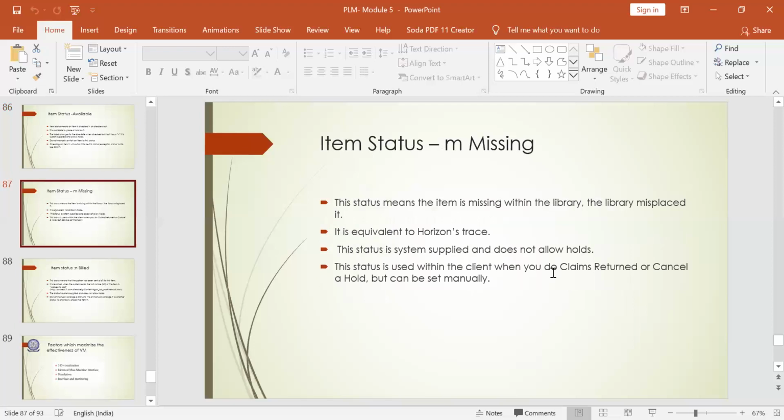Next category is item status M, missing. So what do you mean by the word? The meaning of the word itself suggests that a particular item is missing within the library. It is missing for some reason, because it could be misplaced somewhere.